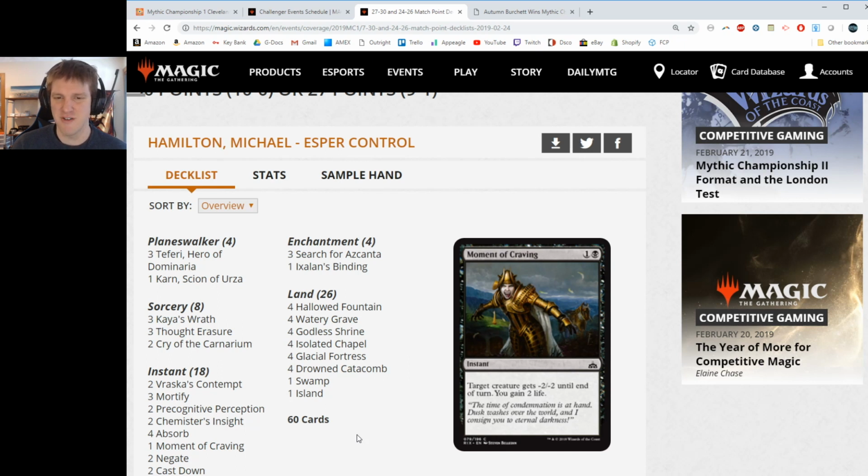So a set comes out, and then there's a bunch of other events like SCG events, which I've done some videos on, and Grand Prix events, which I've done some videos on. And then there's the Pro Tour. And pros have even written articles on sites like Channel Fireball saying that the key to winning and doing well at the Pro Tour now, at the Mythic Championship now, is not to brew, just do not brew decks. Do not try to come up with a new deck. Just tune the best looking existing decks, because by the time the Mythic happens, the best decks have already been